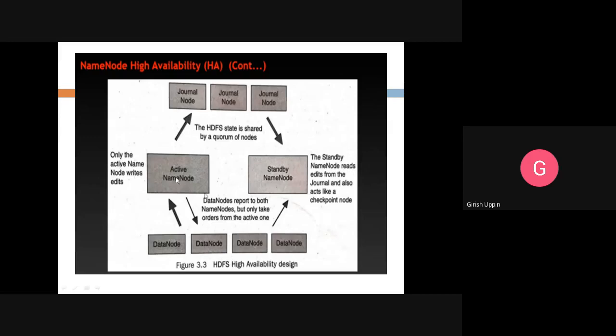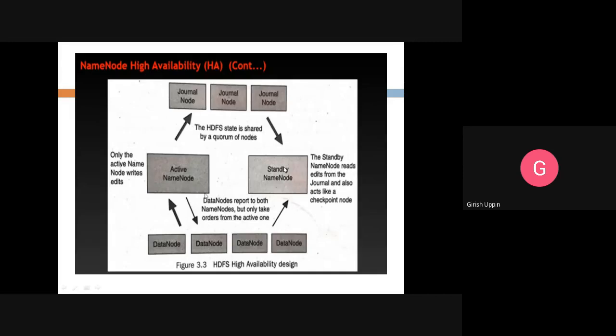You can say we have the active name node here. Only the active name node writes edits. So whatever read write operations are carried out, they will be carried out by the active name node. And whatever changes are happening, the edits will be shared with the quorum of nodes. These are called journal nodes.